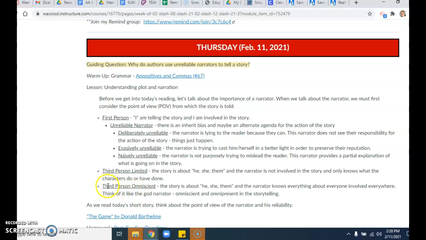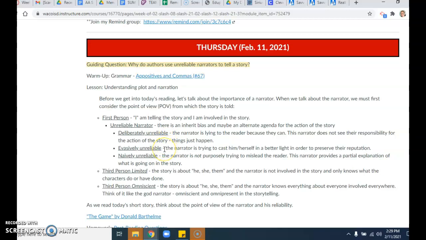Now, the story we're reading today is not in third person. I just wanted you to understand that. Today, it's told in first person, and we're going to have a problem with the unreliable narrator. What that means is that the narrator has some sort of bias or some other purpose behind telling the story a certain way. So there's a couple reasons why they might be unreliable. One is they're just doing it on purpose. They're just flat out lying. And the reason they're doing this is mostly just because they can, all right? They're just straight up lying.